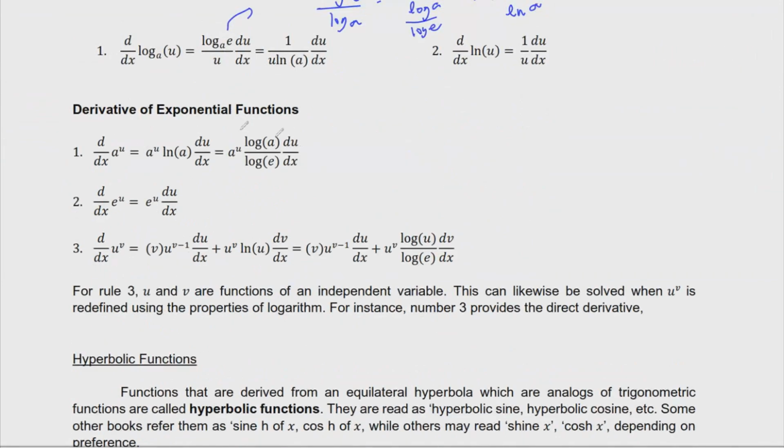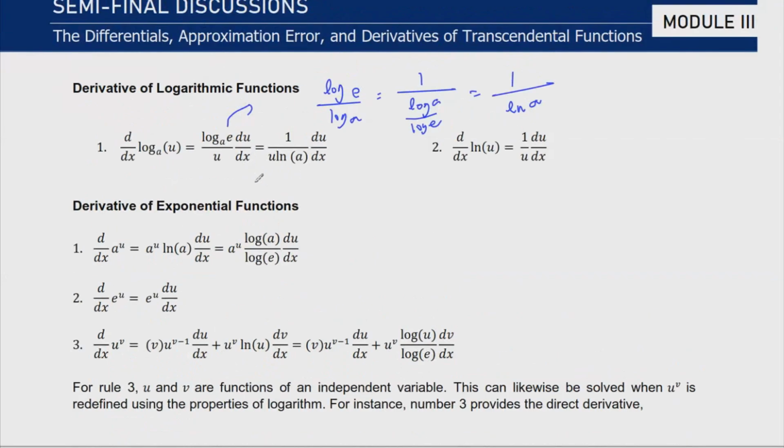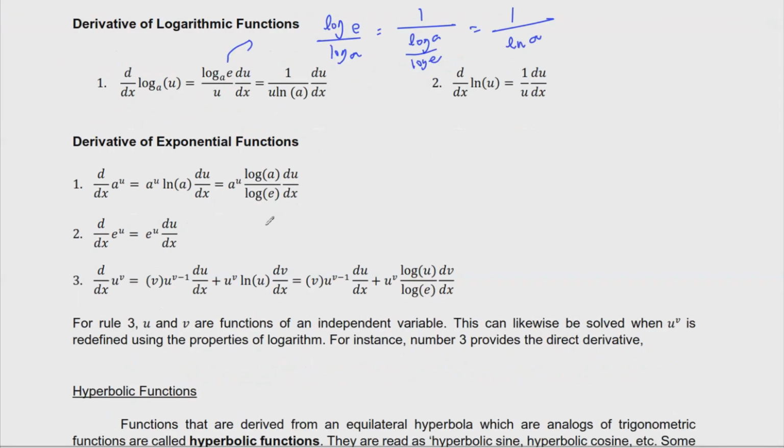Now let's move on with the derivative of exponential functions. And the first one is that if we have a to the u, this is actually equal to a to the u and then ln a. This is the easiest expression that we can remember. But if you want to be a master of this calculus, you can actually use this expression, because that's just the same property. Remember, this log of a over log of e is just the same as ln of a. And then for number 2, if we have the Euler's constant being raised to a certain number, that's just the